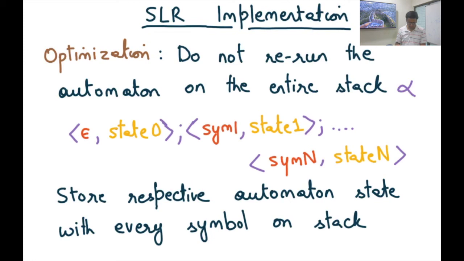So every stack entry is not just a symbol as it was in the original scheme that was described, but instead it is a tuple of a symbol and the state that is reached in the automaton by running the stack from bottom till that symbol. So for example, the first entry of the stack is the epsilon symbol, which represents that no symbol has been consumed so far, or a dummy symbol basically, and it represents state 0, which probably represents the item S' produces dot S, which is our start item for the NFA.